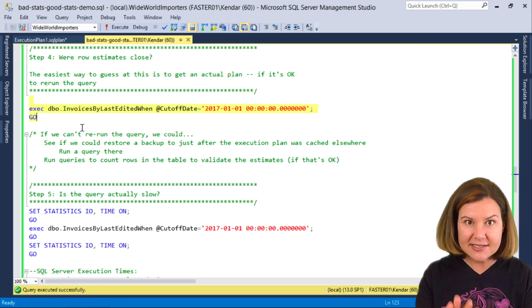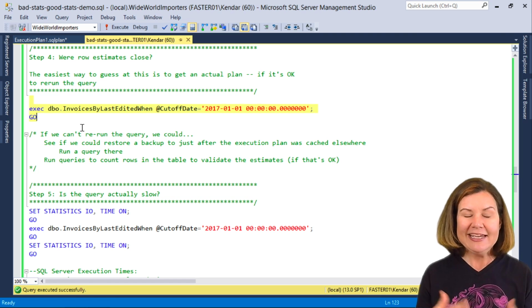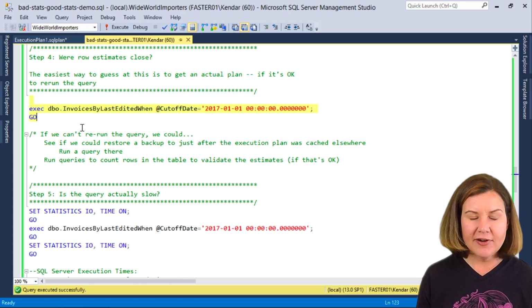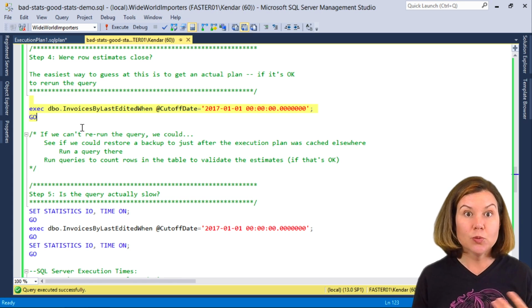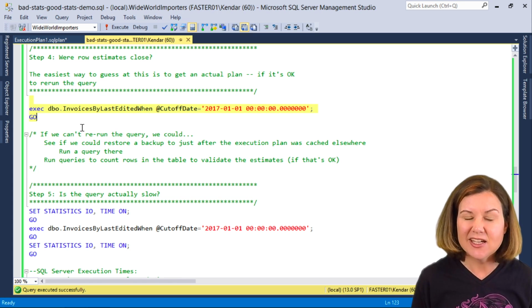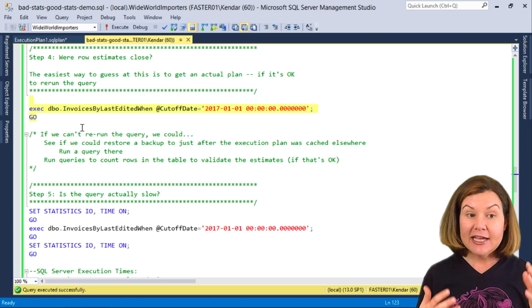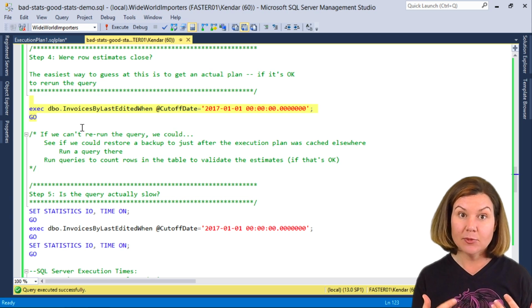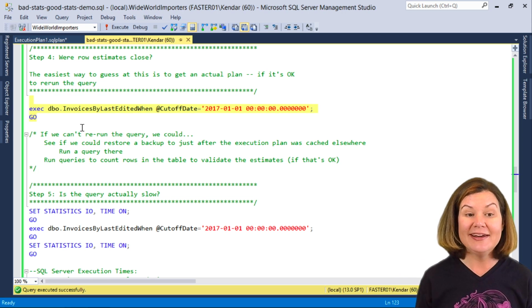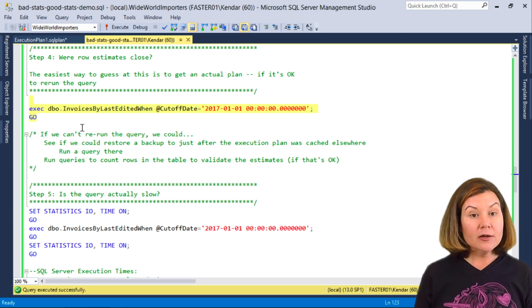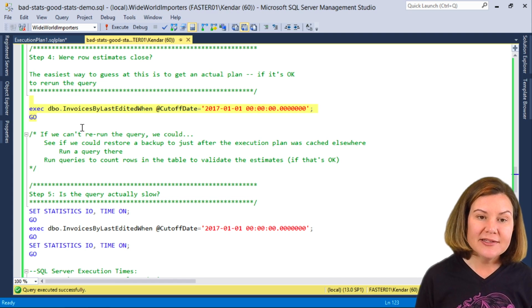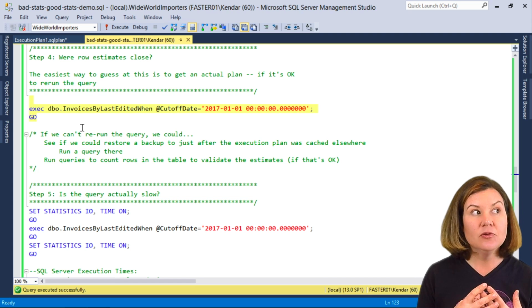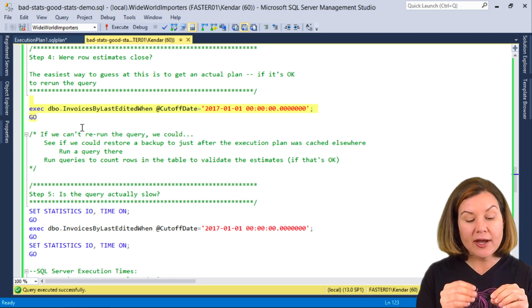It might not be safe to rerun. Even if it doesn't change data, in many environments you're just not allowed to rerun stuff for testing against production. If you can restore a copy of the database to another server with a similar data set, you can run against that. Or if you're allowed to run some queries, I could